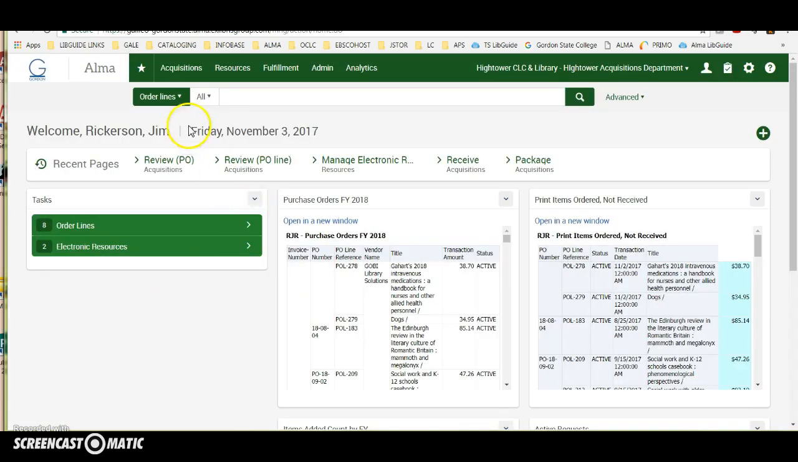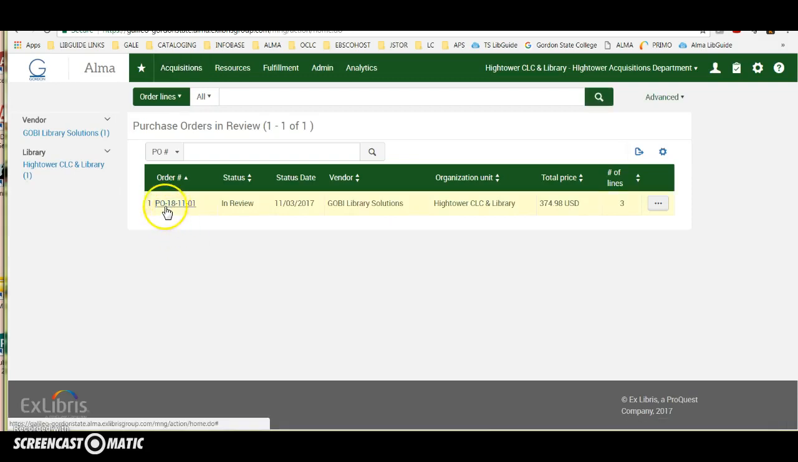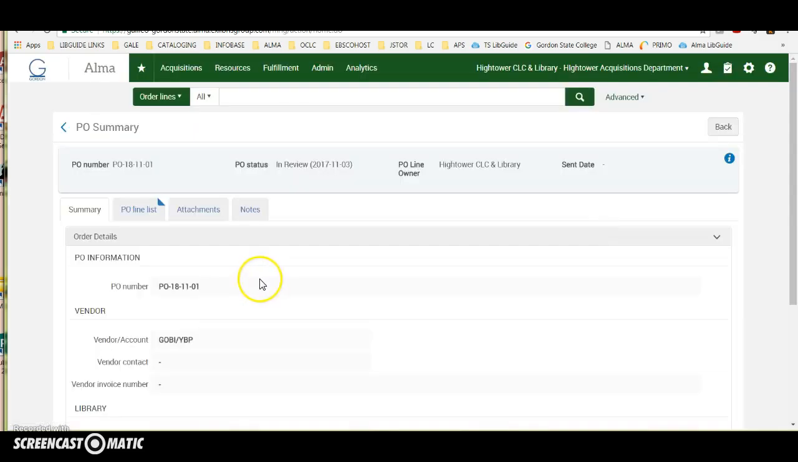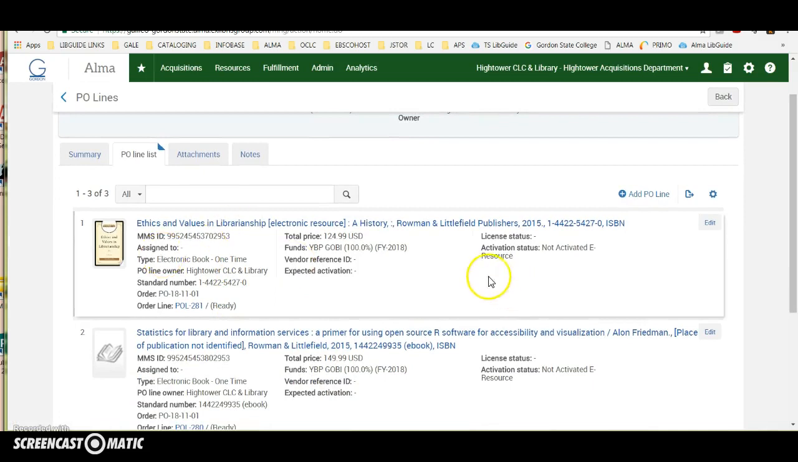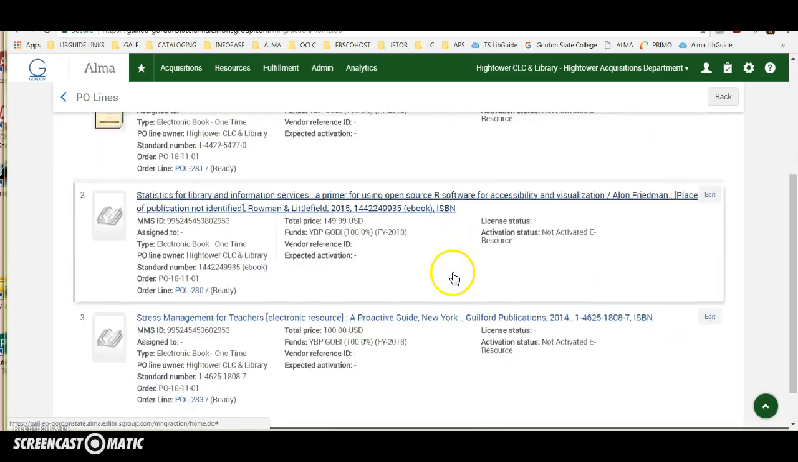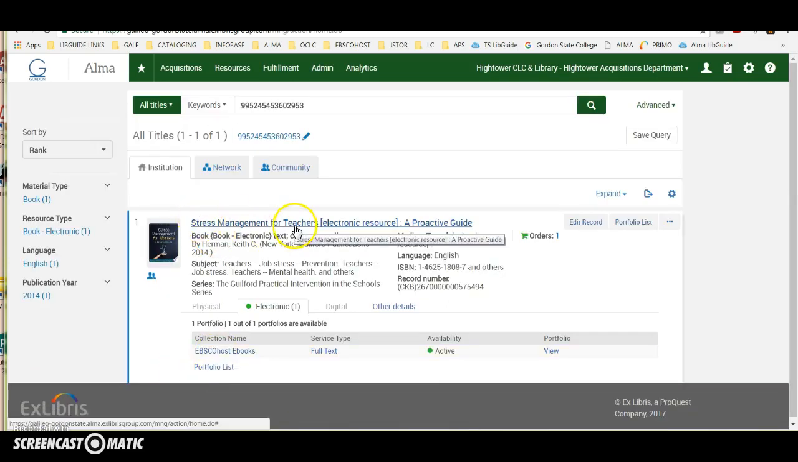Alright, so we're part of the way there, but you see that if you go to Acquisitions and Purchase Order Review, that this purchase order that we are working on right now still has a status of in review. And you can take a look at the PO line list, and you'll see that its activation status is not activated e-resource. And so we're still working through this. So right now we've done stress management for teachers,